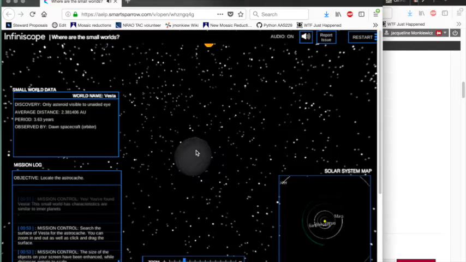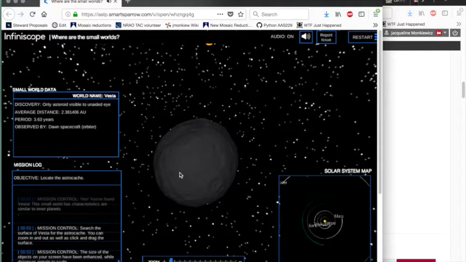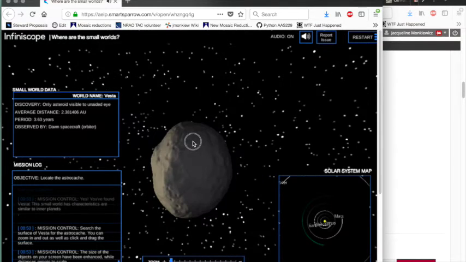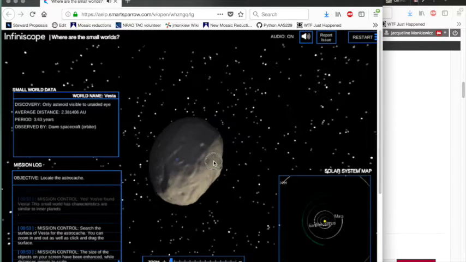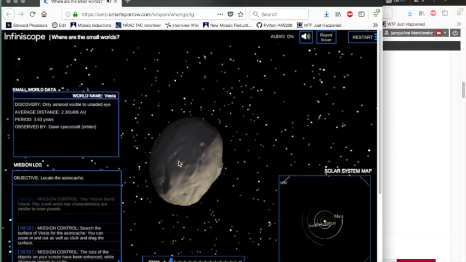successfully matched speed, you've definitely determined that in this case this object is between Mars and Jupiter. Now you've got a probe, quote unquote, that you've launched, and they've given you a little 3D simulation of your asteroid. You need to search the surface of it for the little blue dot, and you can zoom in more if the blue dot is too small for you to click. You click on it,